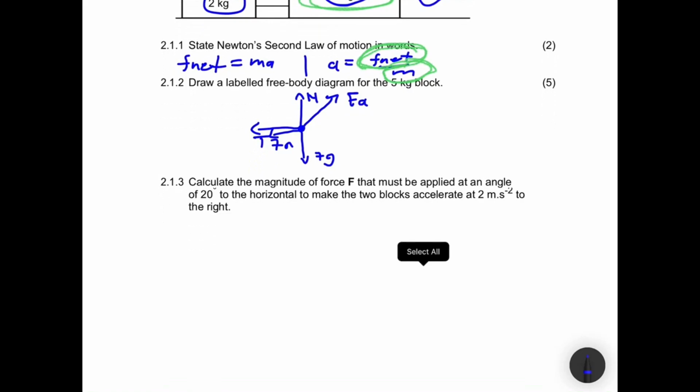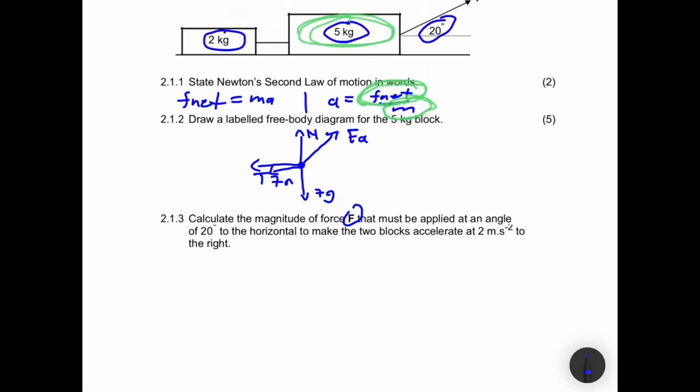Force F is the applied force, right? That must be applied at an angle of 20 degrees to the horizontal to make the 2 blocks accelerate at 2 meters per second to the right. So in this situation, we need the acceleration to be equal to 2 meters per second. So here, we're trying to find the magnitude of force F that must be applied at an angle of 20 degrees